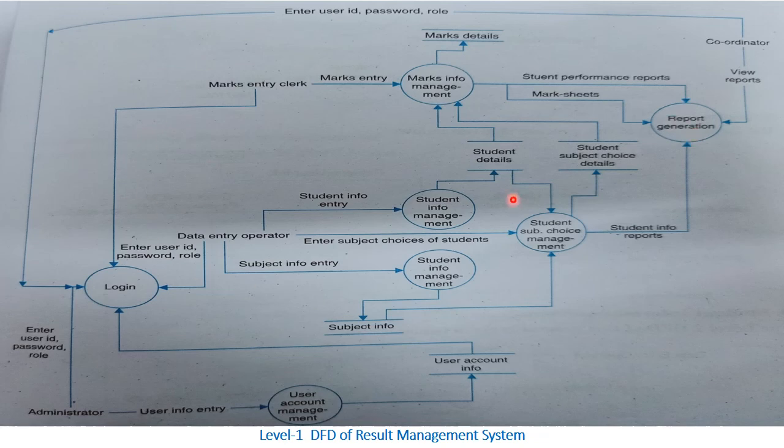So this is all about the information that we are representing in a level 1 DFD. It means we are representing all the internal structure or processes that we are going to have in a software, and the data stores or tables that we are going to have in the database that we are going to design. And further, we will utilize this information to do the analysis in order to identify whether more processes are required to be added to this software that we are going to develop, or whether any process is required to be modified as per our need.